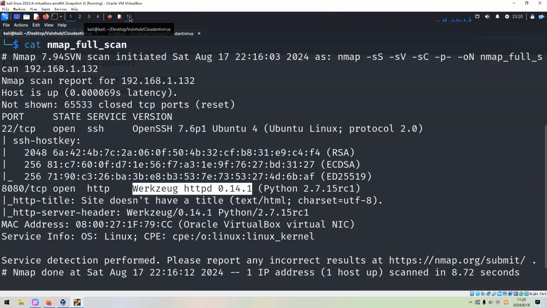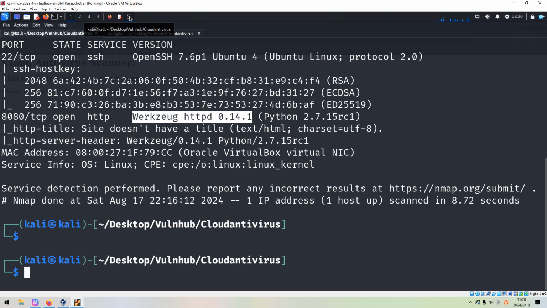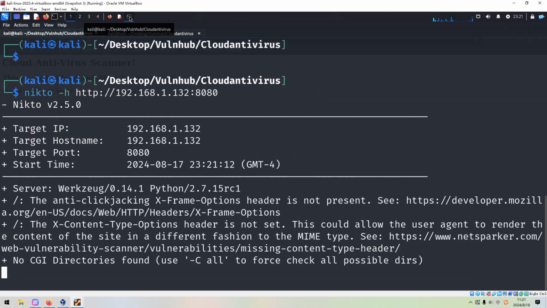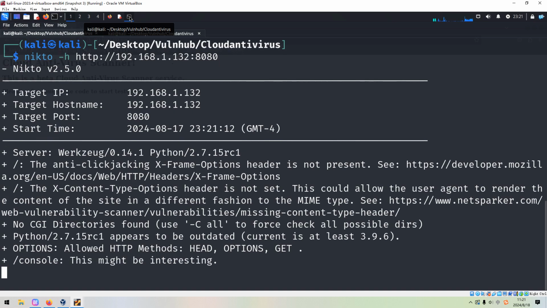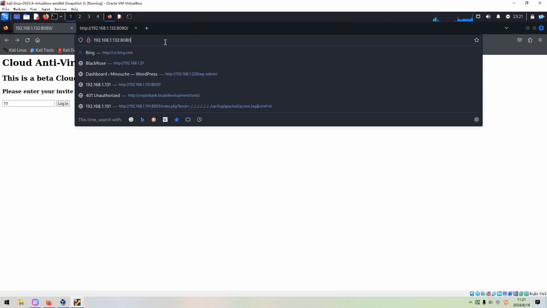So next, I think we need to do the automatic enumeration with some normal utilities. For example, the first one, I always use this utility to begin or to start our automatic enumeration. Let's press enter. So I think Nikto found this console directory. So we can take a look at this.